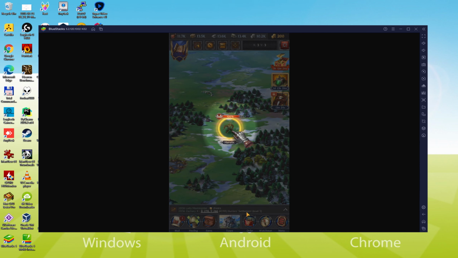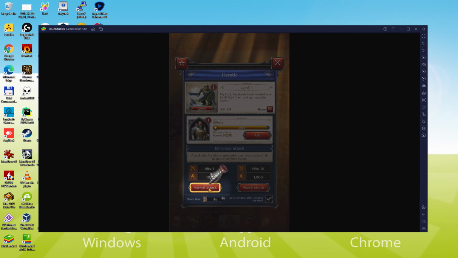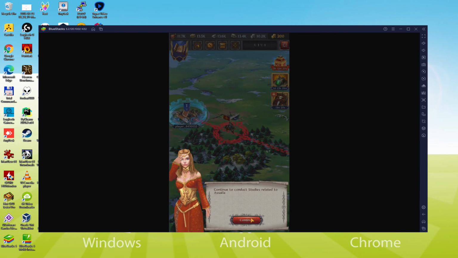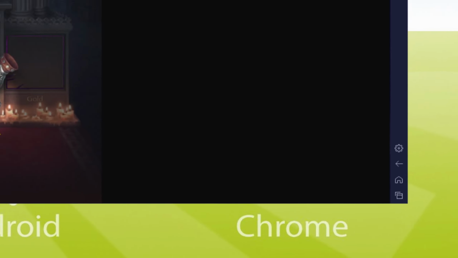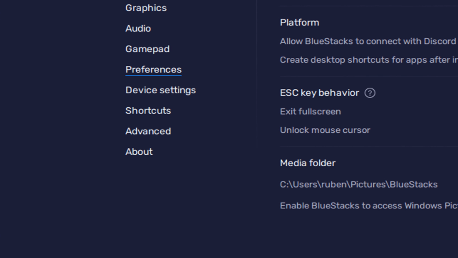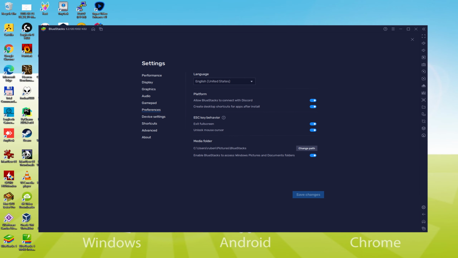Occasionally it occurs that the emulator is presented in the wrong language, for instance, in Chinese. And as a consequence to set it in the proper language we click here on the cogwheel. And here inside of various other configuration settings, we just click on the language drop down. We may very well determine the language we wish. Spanish, Japanese, and so forth. When the language is selected, we could save, the emulator will reboot, and the game application, next time we start it, will also be in the preferred language.